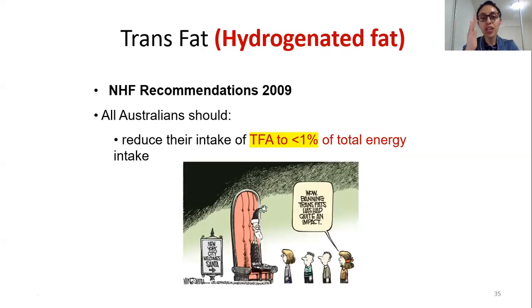Okay, so then you have hydrogenated fat, which is your trans fat. Basically, guys, you may have learned it in food science, and this is again part of food science, very difficult to cover in this unit. But if you look at the hydrogenation process, yes, you have some amount of trans fat which is naturally present in food, such as in dairy products, but that is a minimal amount, okay? So naturally occurring trans fat is highly unlikely to cause any of the disease conditions that we are talking about. It is the trans fat which we are making in the food labs.